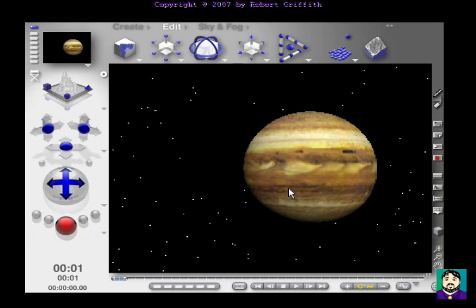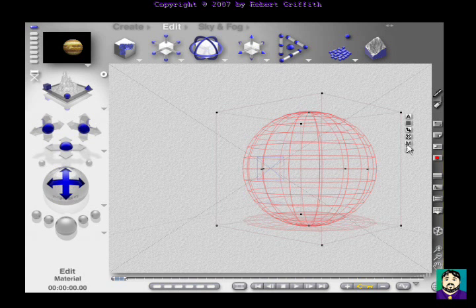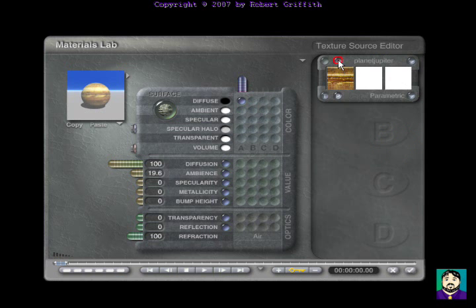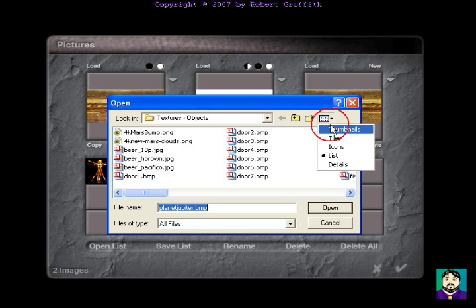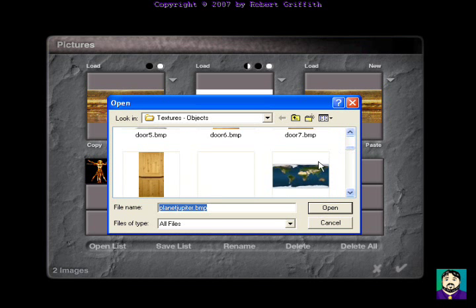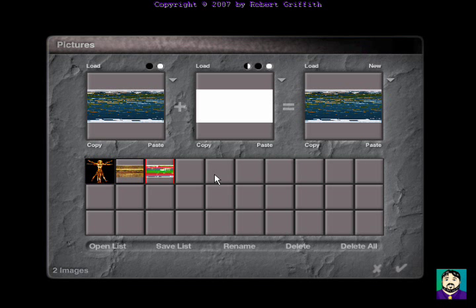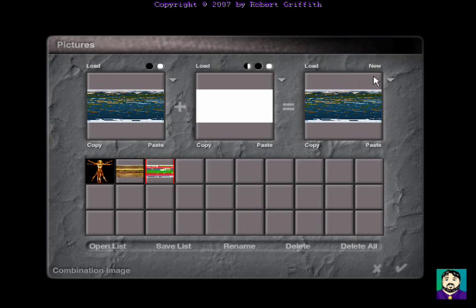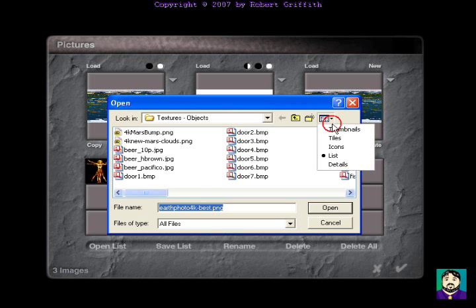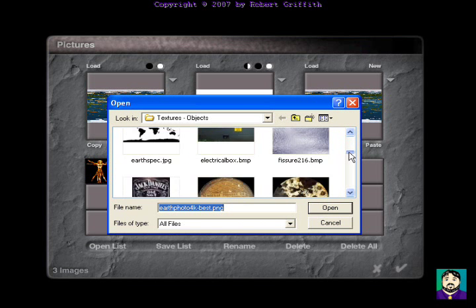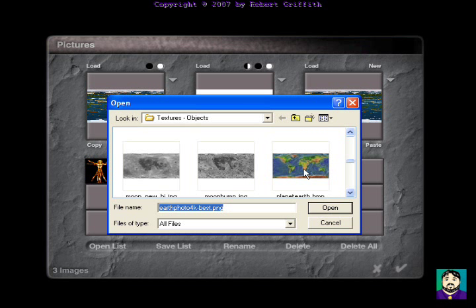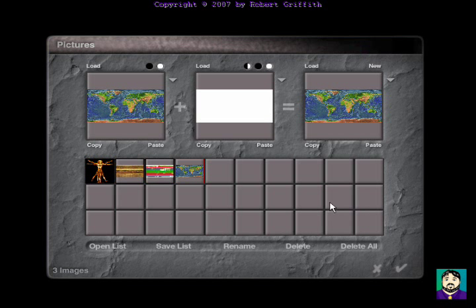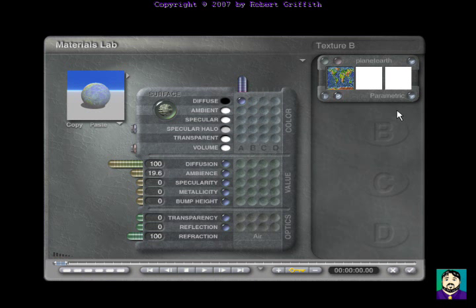Now if I was to want to have that be Earth, I could just go back here to my source, choose a different texture, and in my case I'm going to thumbnails, and I'll choose this Earth scene. That may not work. We'll have to see. Nope. Every once in a while you'll get a picture that just doesn't import. And in that case I'm just going to try again with a different one. I'll try this one. I don't have the snow caps and things like that, but we'll work with it. And in this case, let's see, how does it look? Kind of hard to tell. I'm on the back side here. I think that works. I'm going to go ahead and check OK